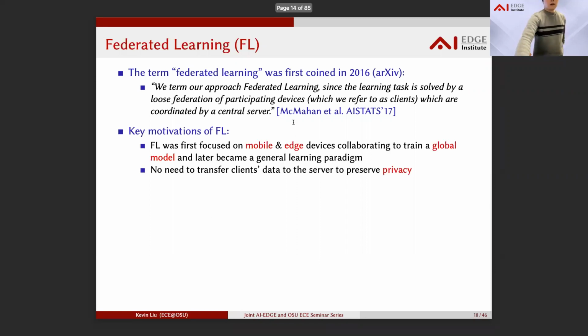Okay, so the key motivation of FL is that the learning was focused more on the mobile and edge devices collaborating to train a global model. Okay, and this is actually fitting our AI edge vision. And so because of that, there's no need to transfer clients' data to the server so that you can preserve